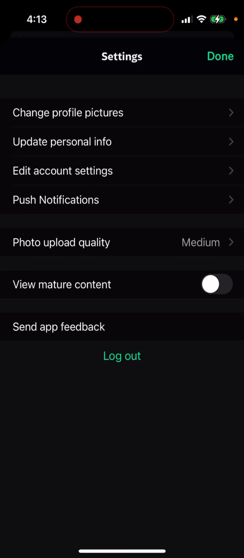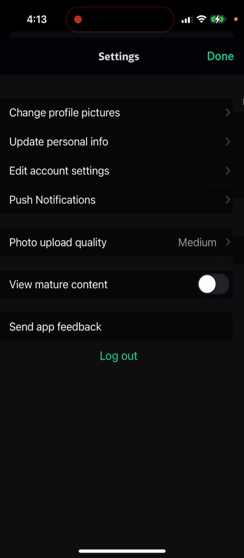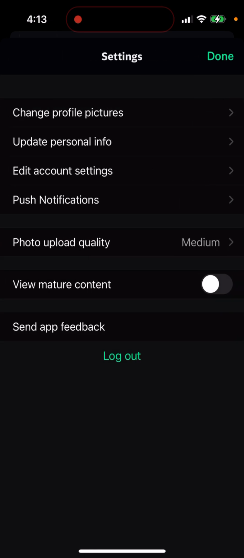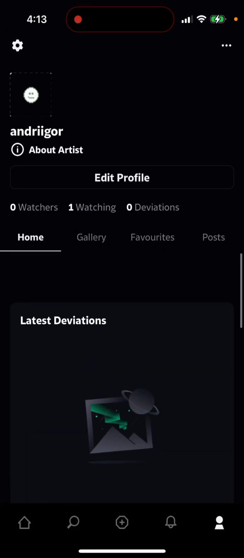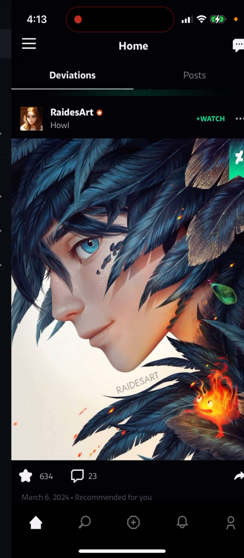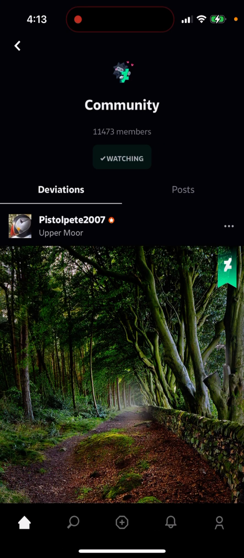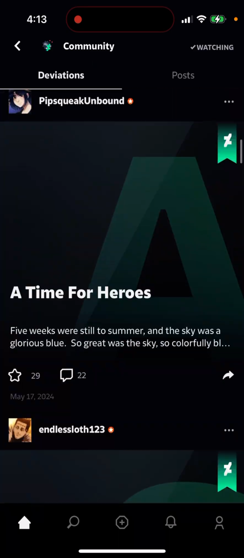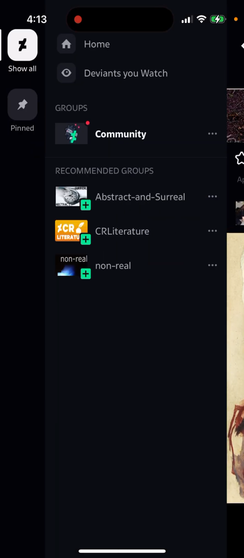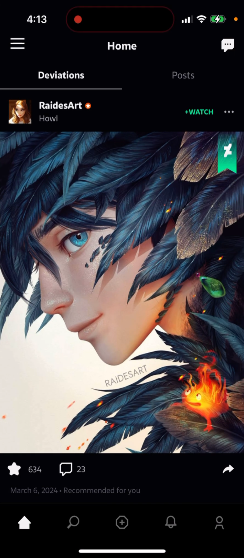and edit account settings. You can also delete your account, and yep, so that's basically the idea here in the app, and that's what it is. Then you have your groups. There are all types of different groups, and yep, so that's just how you can explore,